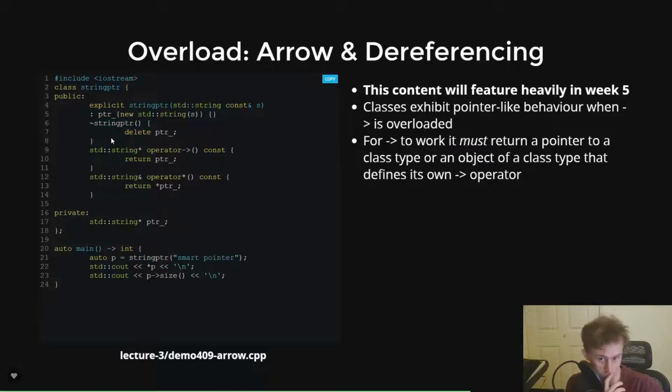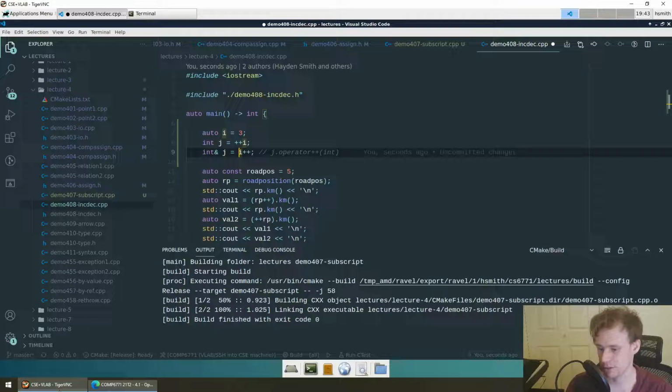We're going to talk about the more advanced versions of these in week 5. But the point is, when you make this wrapper, you're going to have to overload the dereference operator and some other operators as well, because you're essentially making a pointer wrapper. So instead of what you might do, if I just kind of quickly,